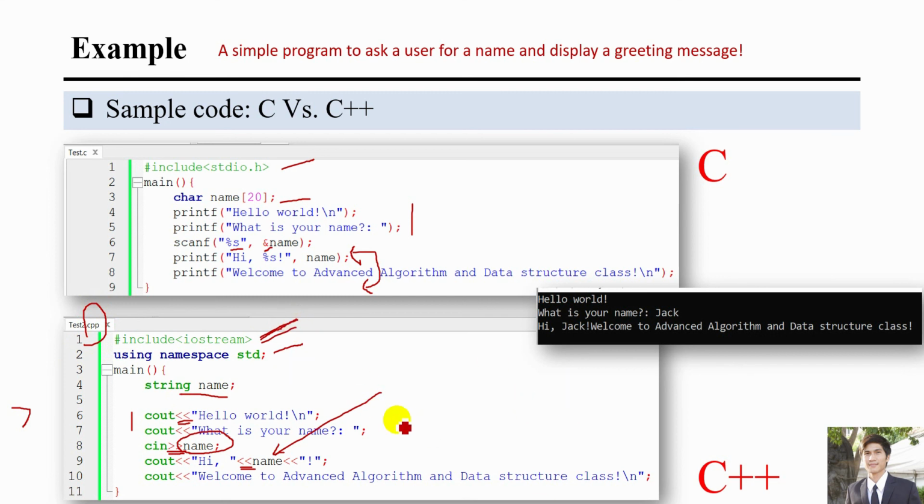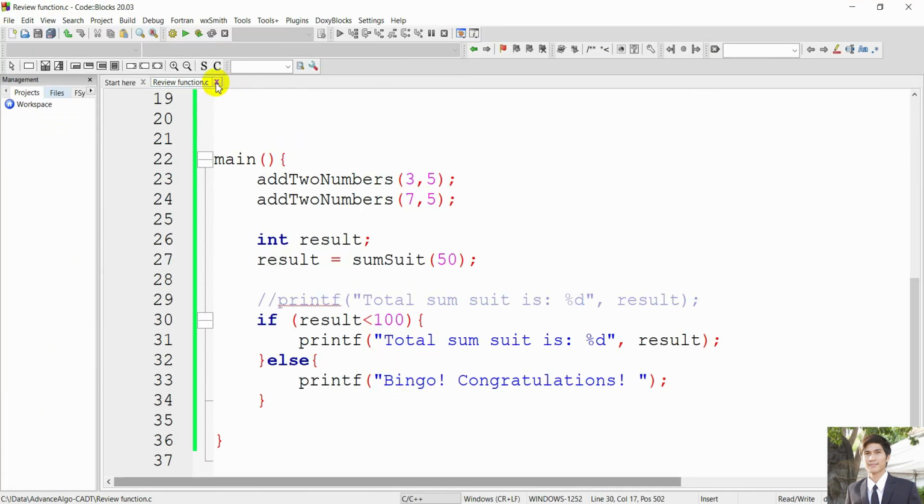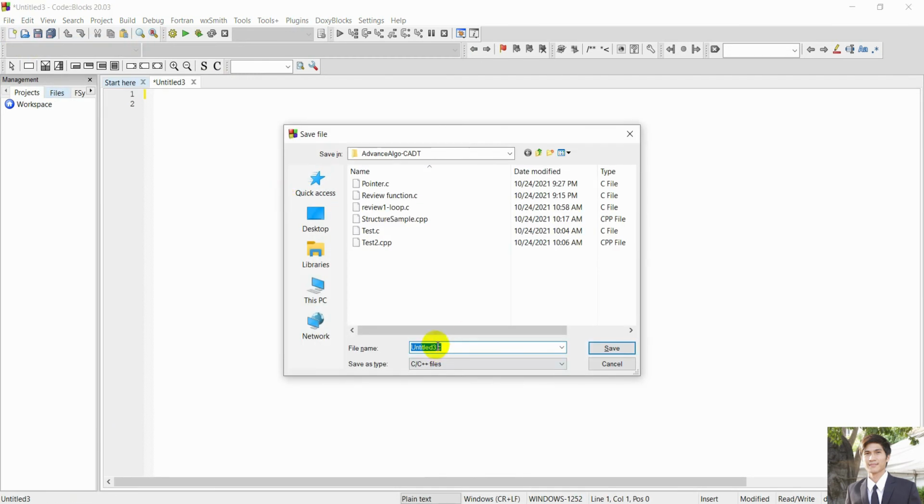Okay, so far I hope you are doing well and you can understand about it. So now let's go into the tools a little bit to discuss how we use C++ here. So I'm gonna stop the slide here and then we come back to the code. So we close this one. Get a new file. So in here I say test